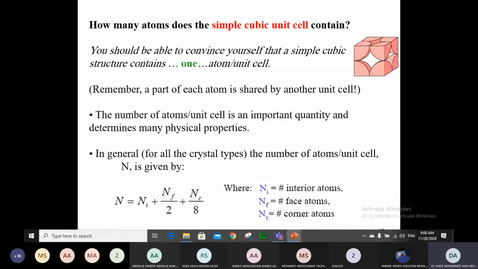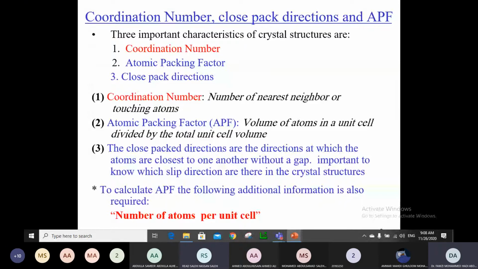Last time, what we did was about the important features. Close your mic, whoever it is, please close your mic. Okay. So last time we talked about the important features or characteristics of a crystal structure, which were the coordination number, the atomic packing factor, the close pack directions. We said that the coordination number is the number of touching or nearest atoms to any of the atoms